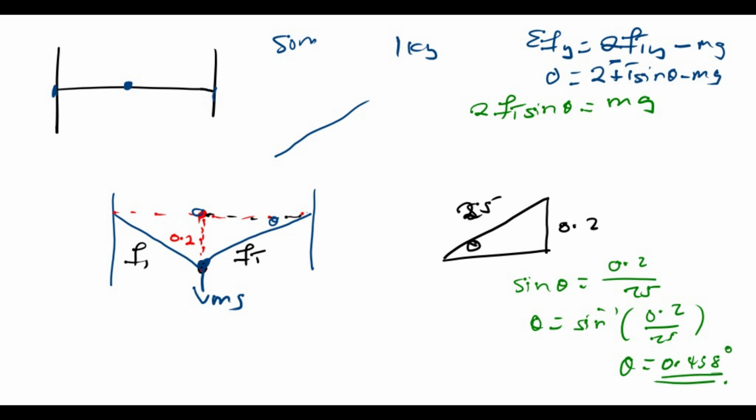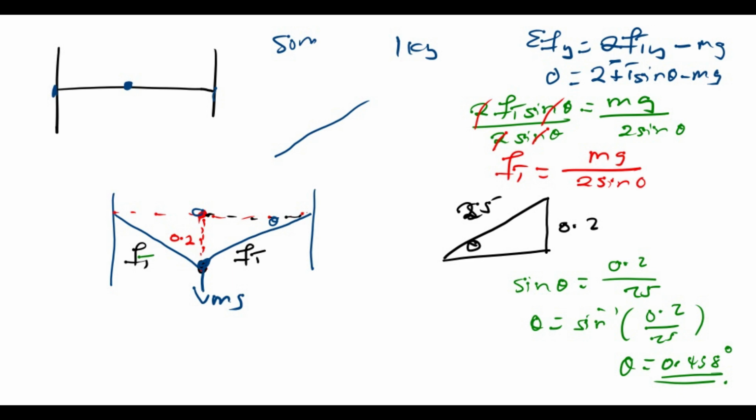Now here I want to find the FT. I'll divide both sides by 2 sine theta. The reason why I'm talking about 2 is that we have two tension forces, this one and that one, and they are the same. So they are asking us the tension force for both. So these will cancel, and I'll remain with FT being equal to mg divided by 2 sine theta. So if we are to plug in the values,